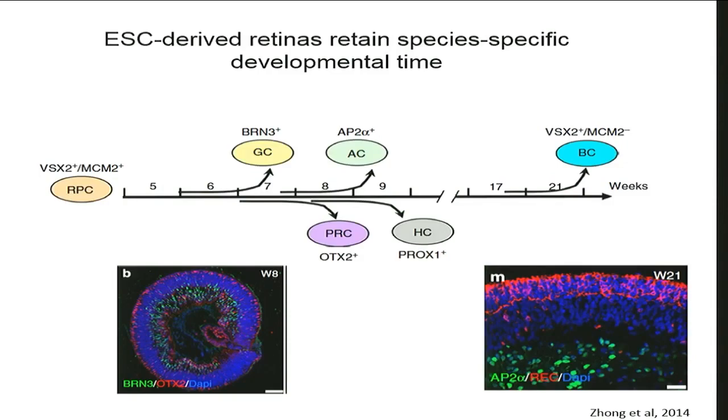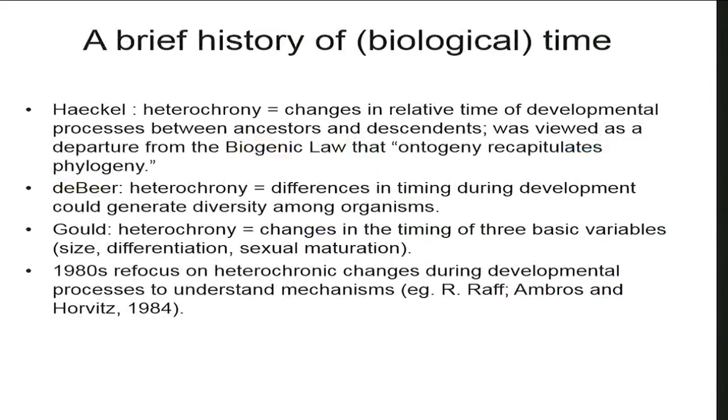The human organoids also develop very nicely, but as I said, they're very small. And this is work taken from another group, but they nicely show the timing recapitulates that of the normal human. And so, for example, at 5 weeks, you start getting ganglion cells and cone photoreceptors, but it's not until 21 weeks that you start seeing evidence for bipolar cells and for rod photoreceptors. So again, this clock ticks even though these things are much smaller than normal.